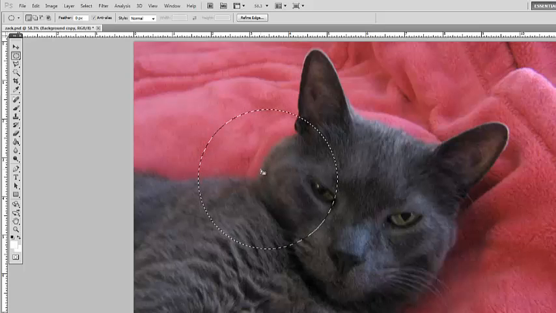But here's one more thing. I'm going to hit Control D or Command D on the Mac to deselect. I'm going to make a perfect circle, but suppose I know exactly where I want the center of that circle is, and this does have a use in your work in Photoshop. Say I want a perfect circle and I want it centered right on the pupil of Zach's eye here, so